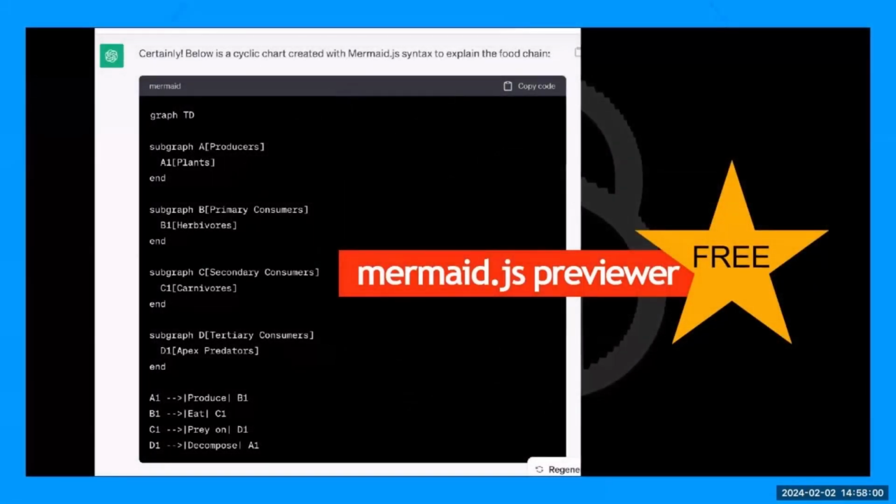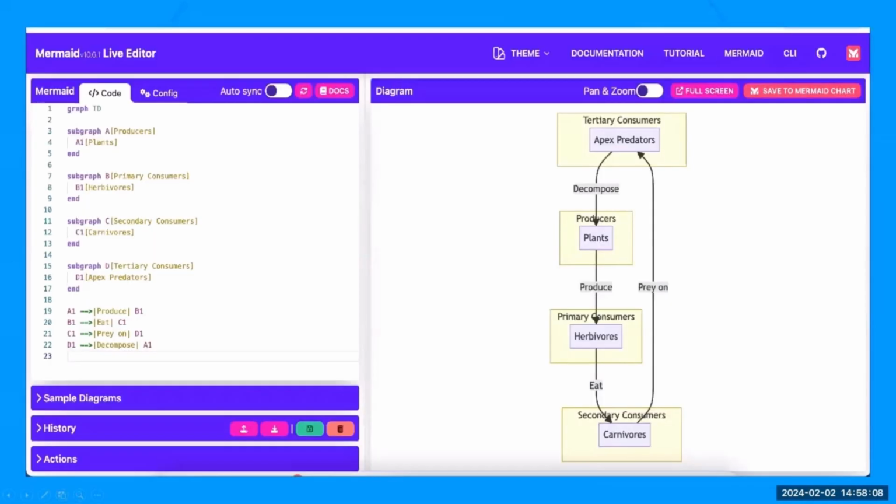I copied the code. I went to the mermaid.js previewer, which is absolutely free. And then I pasted the code over there, and automatically what it generated for me was this diagram. And then I copy this diagram, I take it to the Word document,